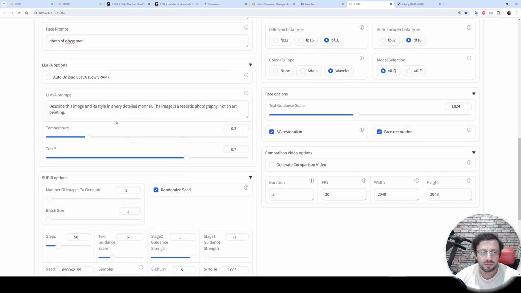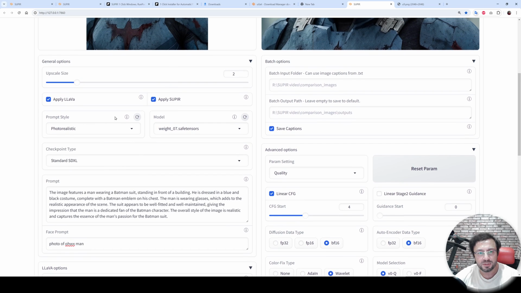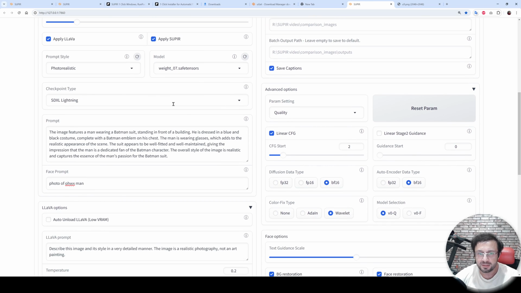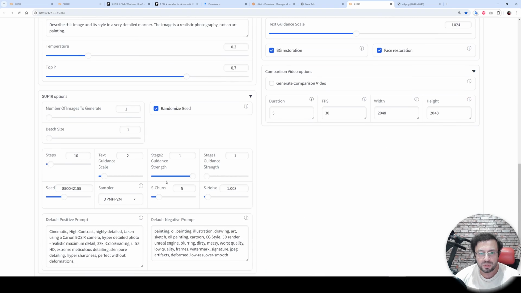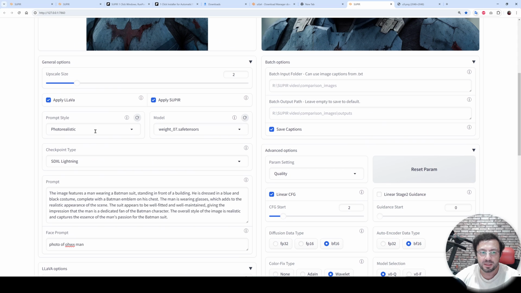This is the very best upscaler. We also support the SDXL Lightning version, so it will be many times faster, because when you go to SDXL Lightning, you only need 10 steps to get the best quality. However, there is a quality difference. Lightning is not as good as standard SDXL. Moreover, don't forget to change your model to the Lightning model when you do this. You need a Lightning model for it to work.